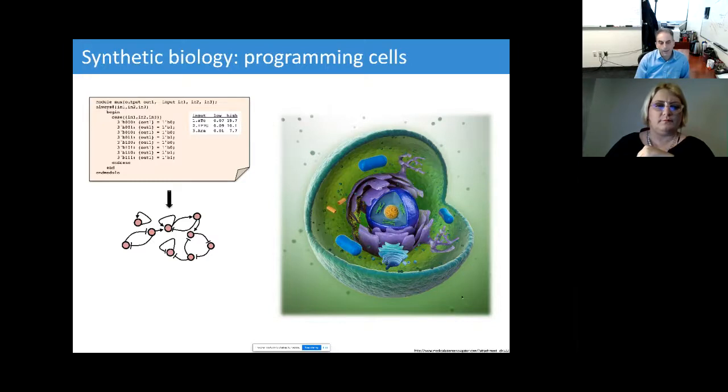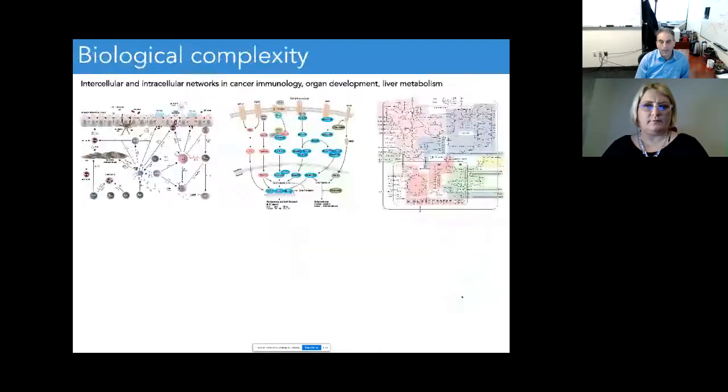Then I take this abstract regulatory network and convert it into an actual, physical piece of DNA, which I can put inside the cell. By doing that, I've just been able to reprogram the cell with new behaviors. This notion of reprogramming the cell really is essentially my definition of what we'd like to do with synthetic biology. Now, when we think about reprogramming cells, it's important to try to understand what the properties of the substrate are that we are trying to reprogram, and really appreciate the complexity of the biological substrate.